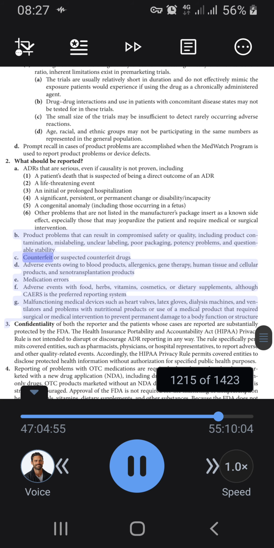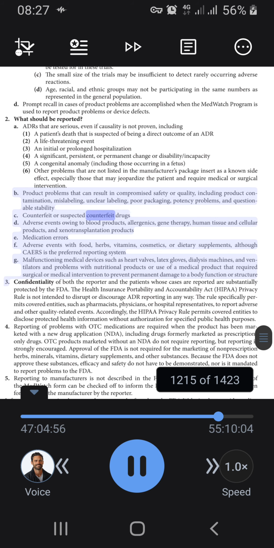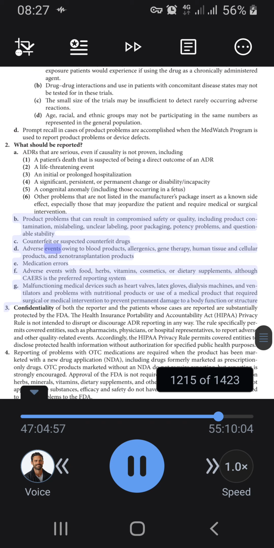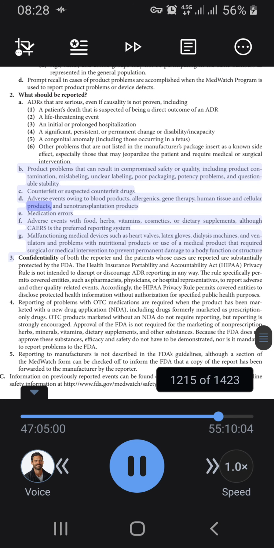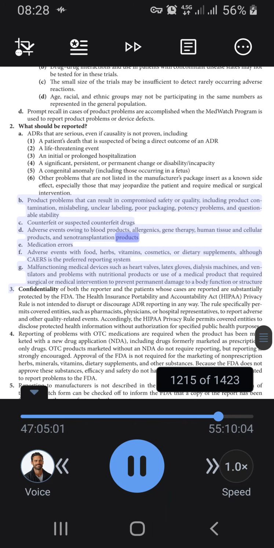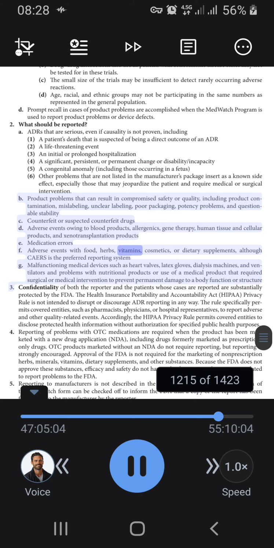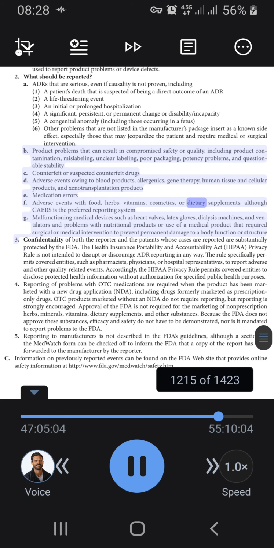C. Counterfeit or suspected counterfeit drugs. D. Adverse events owing to blood products, allergenics, gene therapy, human tissue and cellular products, and xenotransplantation products. E. Medication errors. F. Adverse events with food, herbs, vitamins, cosmetics, or dietary supplements,